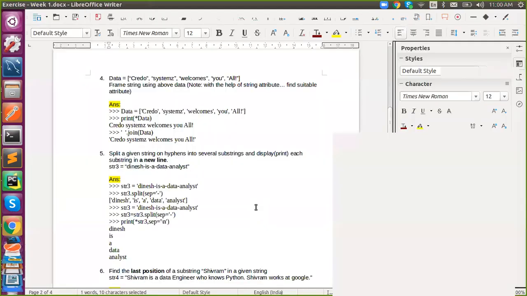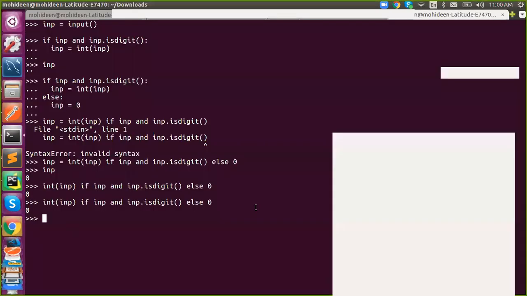You might have a doubt how to create an elif statement inside. This is a bit tricky. What you have to do? Else, you all know else is again a return value, then again you have to write a condition: if inp equal to empty, then you can say 0, else otherwise say 1.